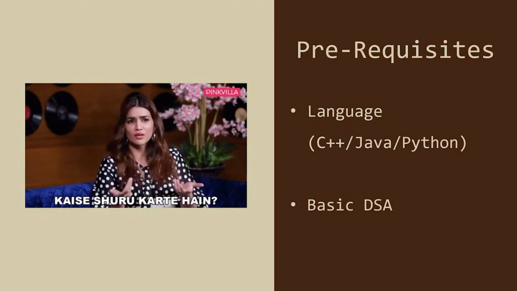Now you may ask why. The number one reason why most people, more than 70%, prefer C++ is that it is very fast. And number two is the availability of its awesome standard template library. The standard template library of C++ has